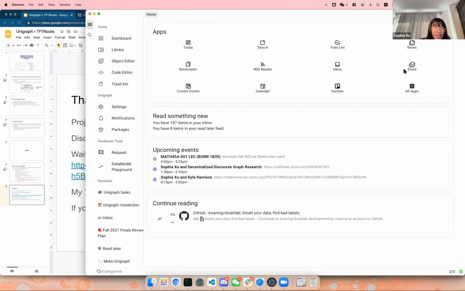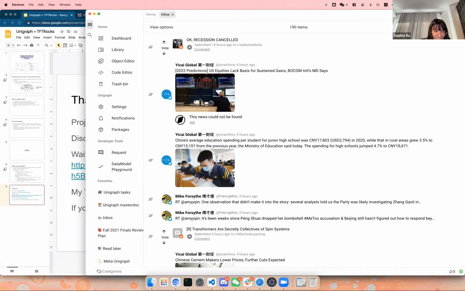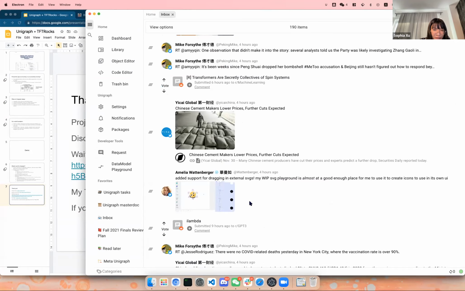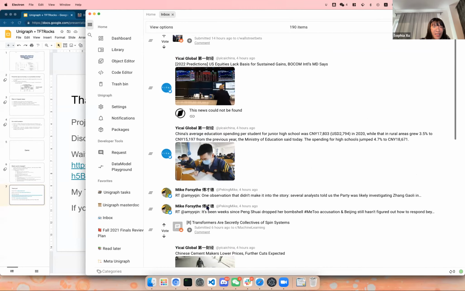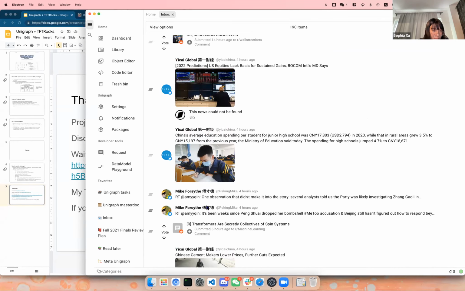Another very major use case is that I use it on mobile. The basic idea is that I open my inbox every morning when I wake up and go through the important things that are happening, including all of the RSS feeds and Twitter. I don't use social media that often. Now I have Unigraph, and it's much better for my mental health than anything before, because in Unigraph you can choose to subscribe to the people you want as news sources, instead of just subscribing because they're mutuals and friends. So you don't have constant emotional things flashing in front of you.